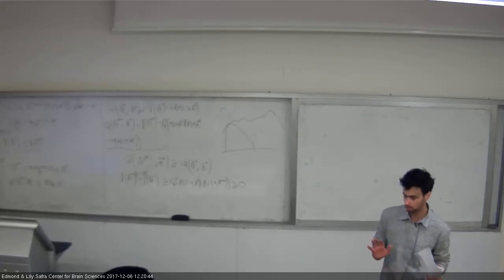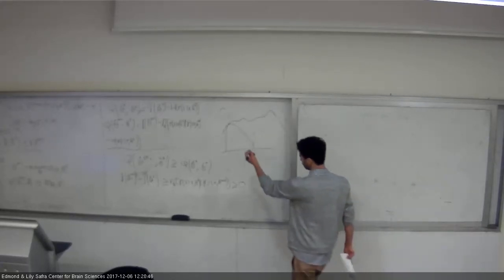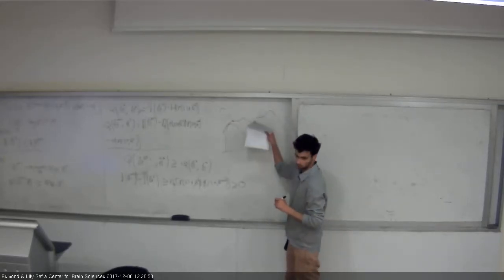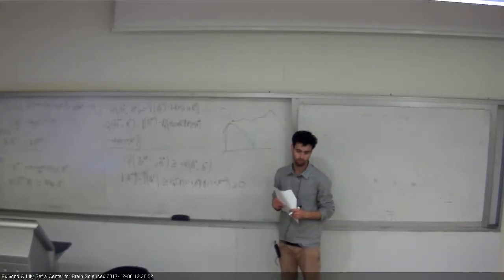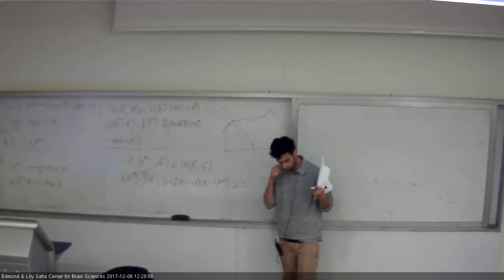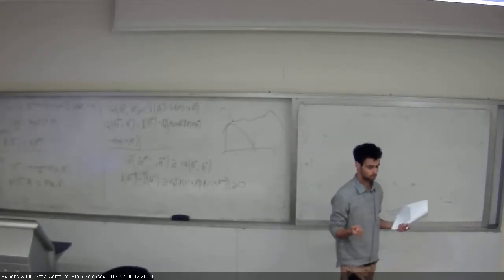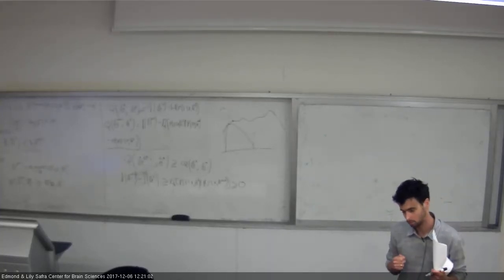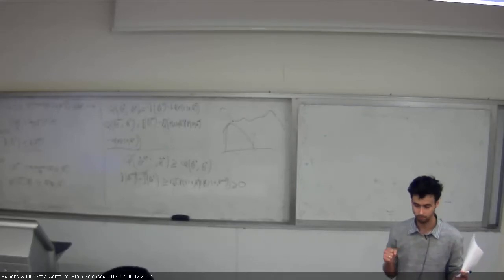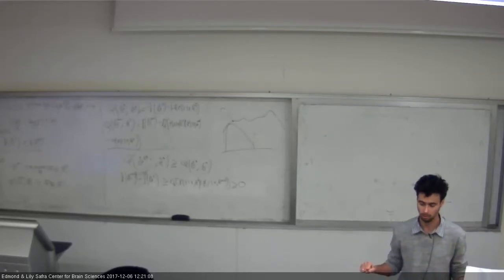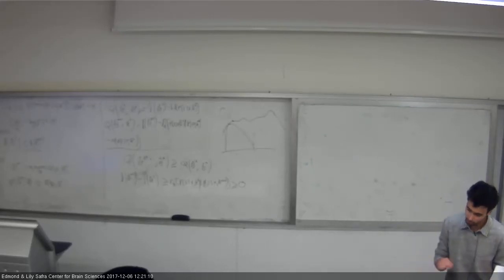Because it's local, I will be stuck here. I will not go to here. So what's the point of showing that it's a fixed point? It's because EM promises you that you will converge to a local maximum, just local, not global. You don't have any guarantee that it will be global. This is the best that you can do.